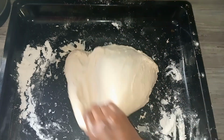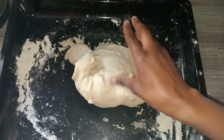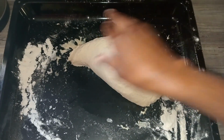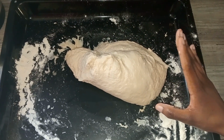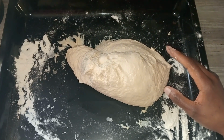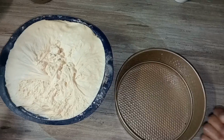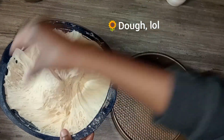So now that your dough is no longer sticking to your surface, I transferred it to a flat surface because it is usually easier to work that way. Then you know your dough is ready, and you can now transfer it to a bowl to rise for at least an hour to an hour and a half. So now that your dough has risen to twice the size,